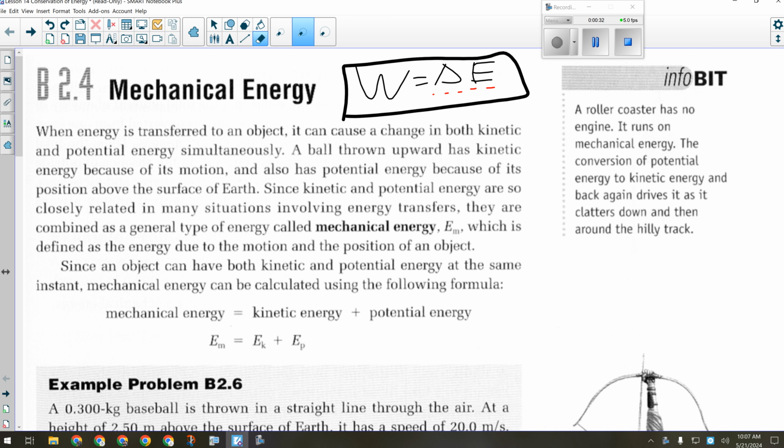Work energy theorem problems generally have as givens, and as context, a force being exerted on something through a distance, and then either the speed of an object is changing or the height of the object is changing. Would you agree with that statement? The kinds of questions we're going to work on today are a little different.